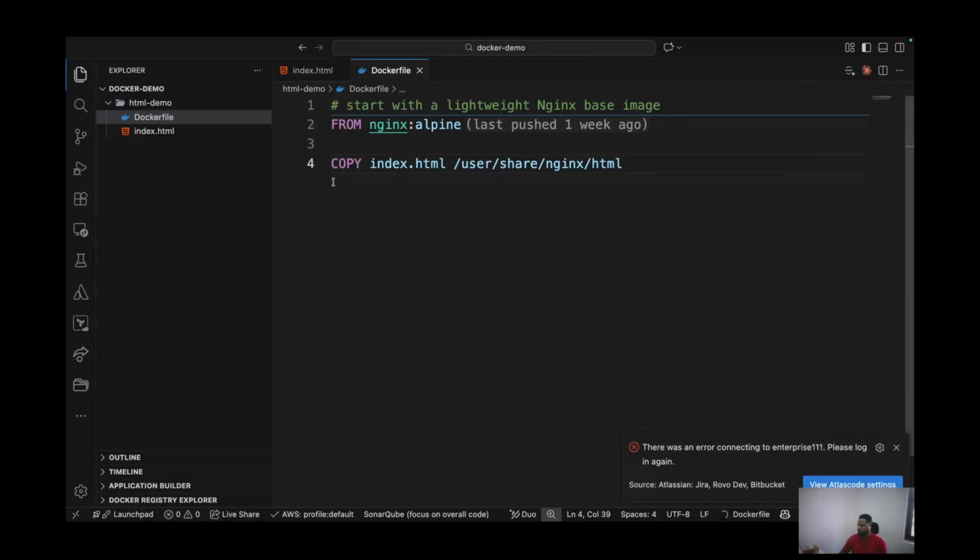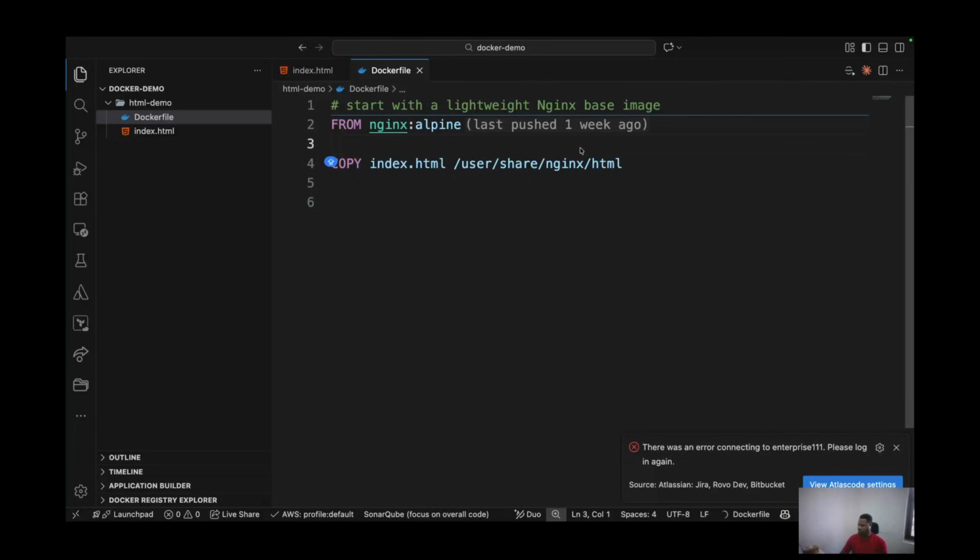All right. So now that we are done copying our source file into the Nginx directory, the next thing that we need to do is to give our container a port that it will need to run on. This port is where our application can be accessible. So in this instance, we are going to expose